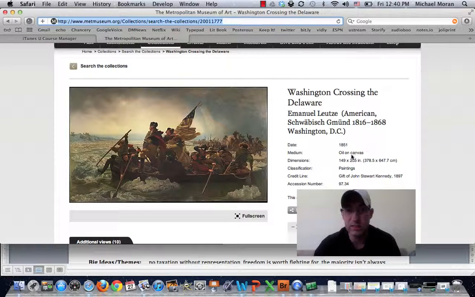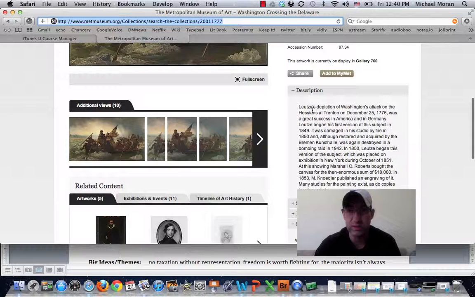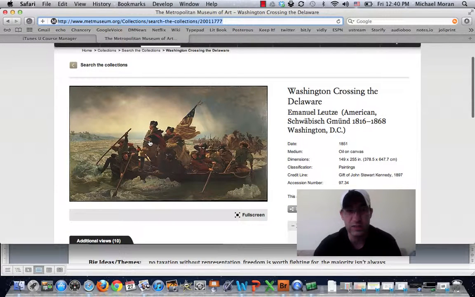So going back to this, it is an oil painting. This is the size of it, so it's very large, 149 by 255 inches. And then down here it has our description. And so this is the painter, and he's depicting Washington's attack on the Hessians at Trenton on December 25th, 1776. So that's interesting. Success in America and in Germany. This painter began his first version of the subject in 1849. So this is just some general information that lets us know what we're looking at as far as the defining